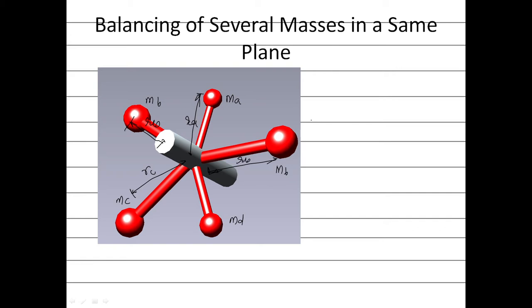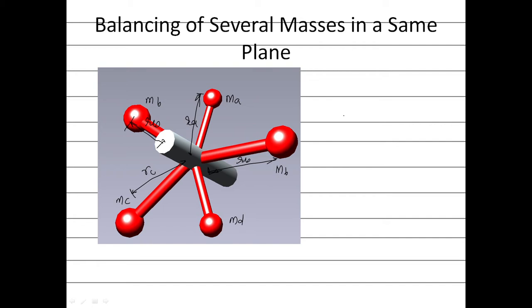Right. Now, what is the condition to satisfy for the component to be in balance? What is the condition? For balance to be satisfied, all forces are equal to 0. The summation of all forces is equal to 0, right? Then only the component or member is going to be in a balanced state.